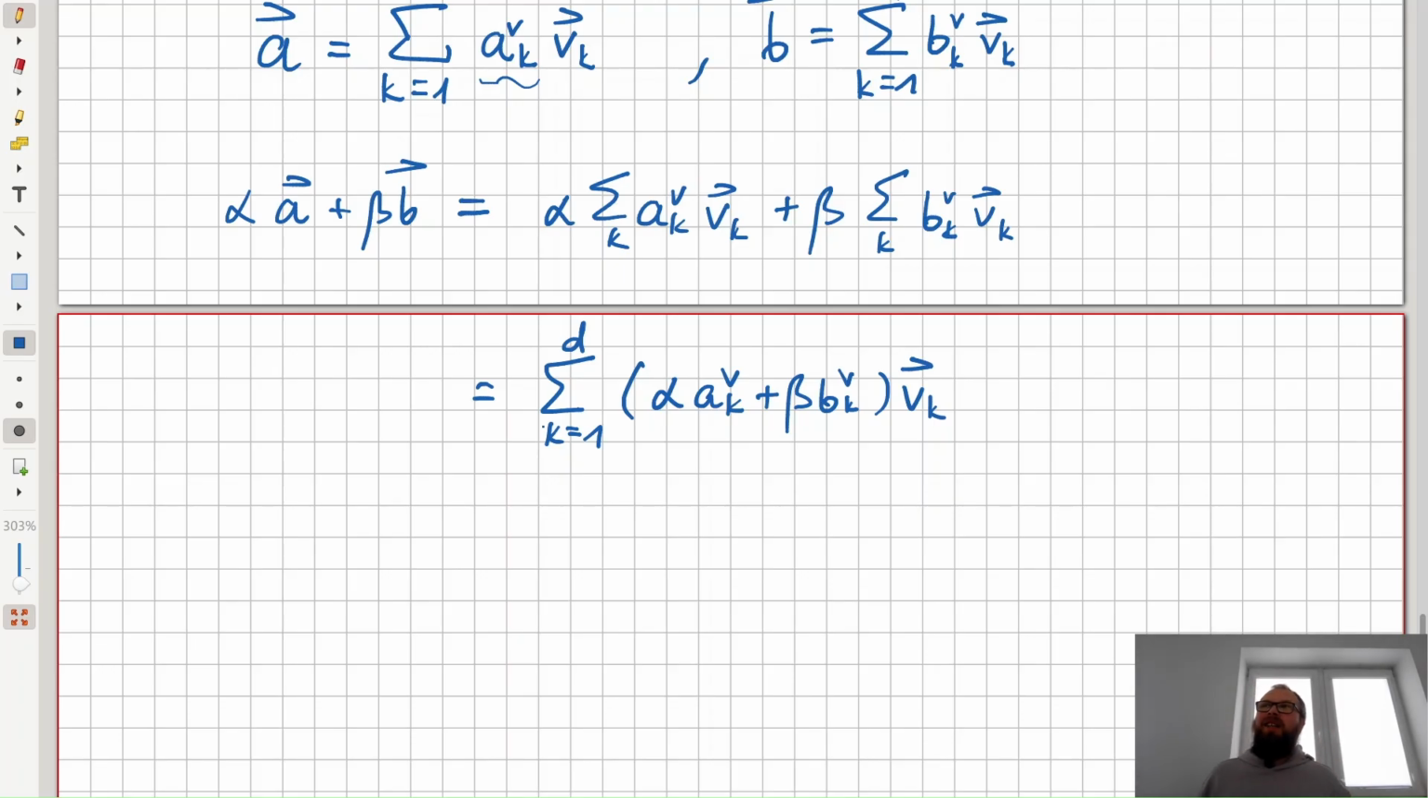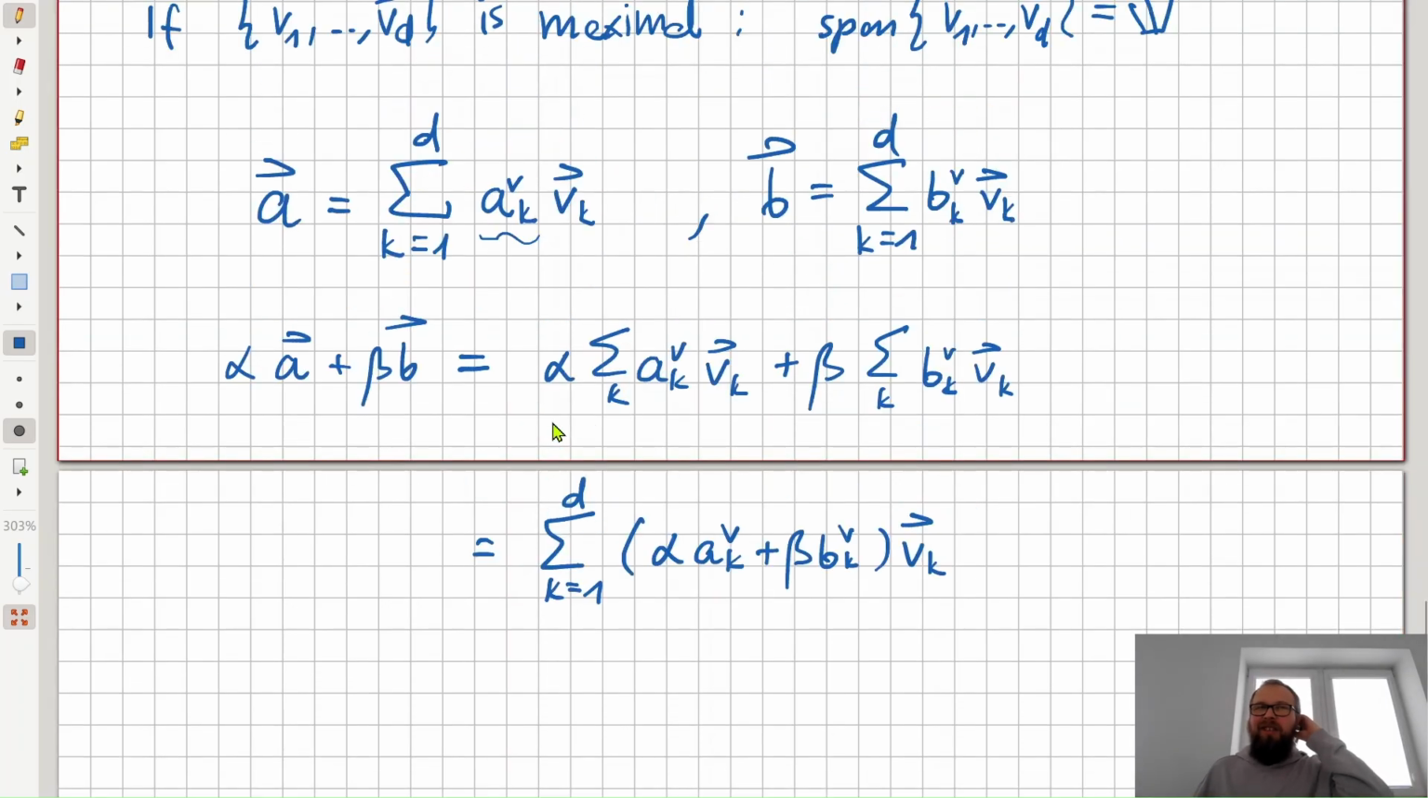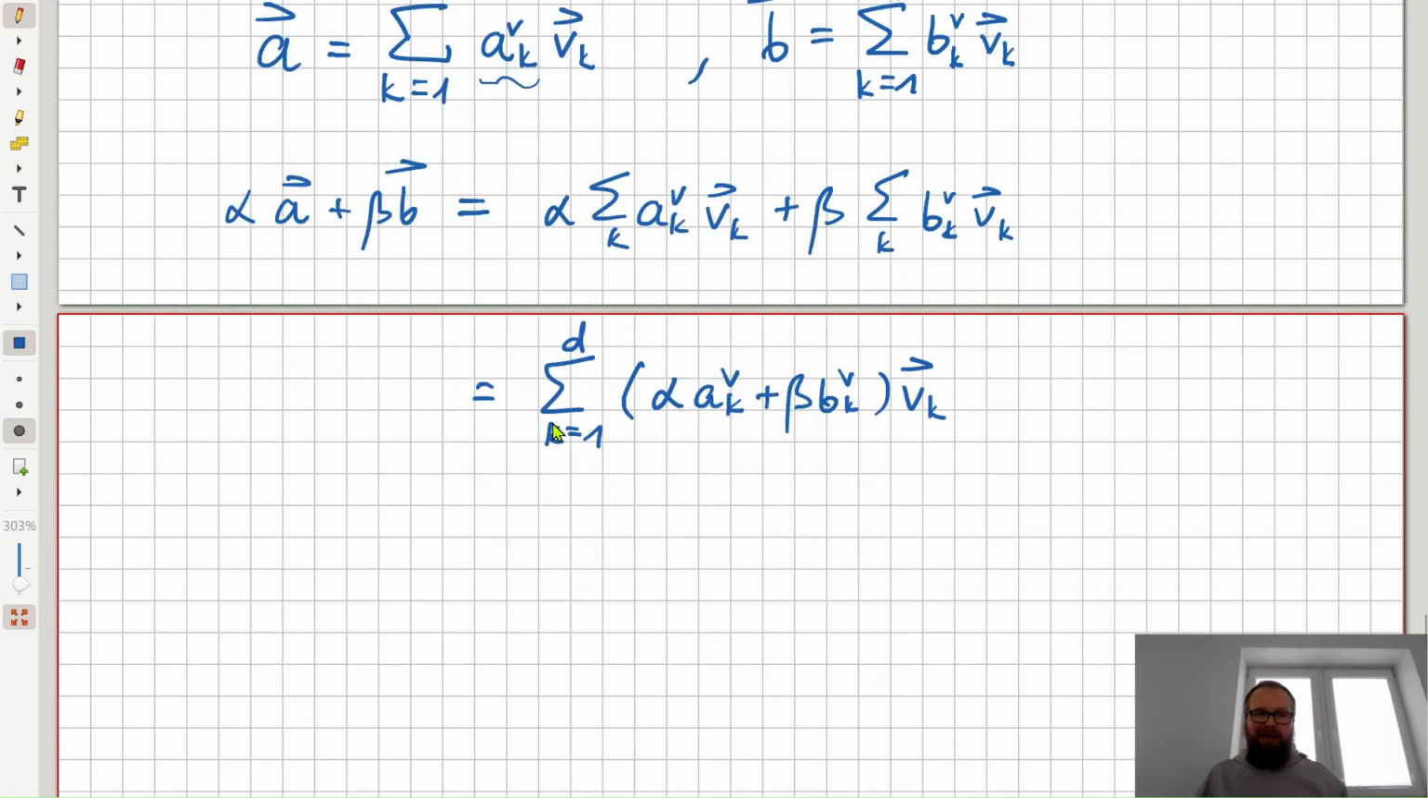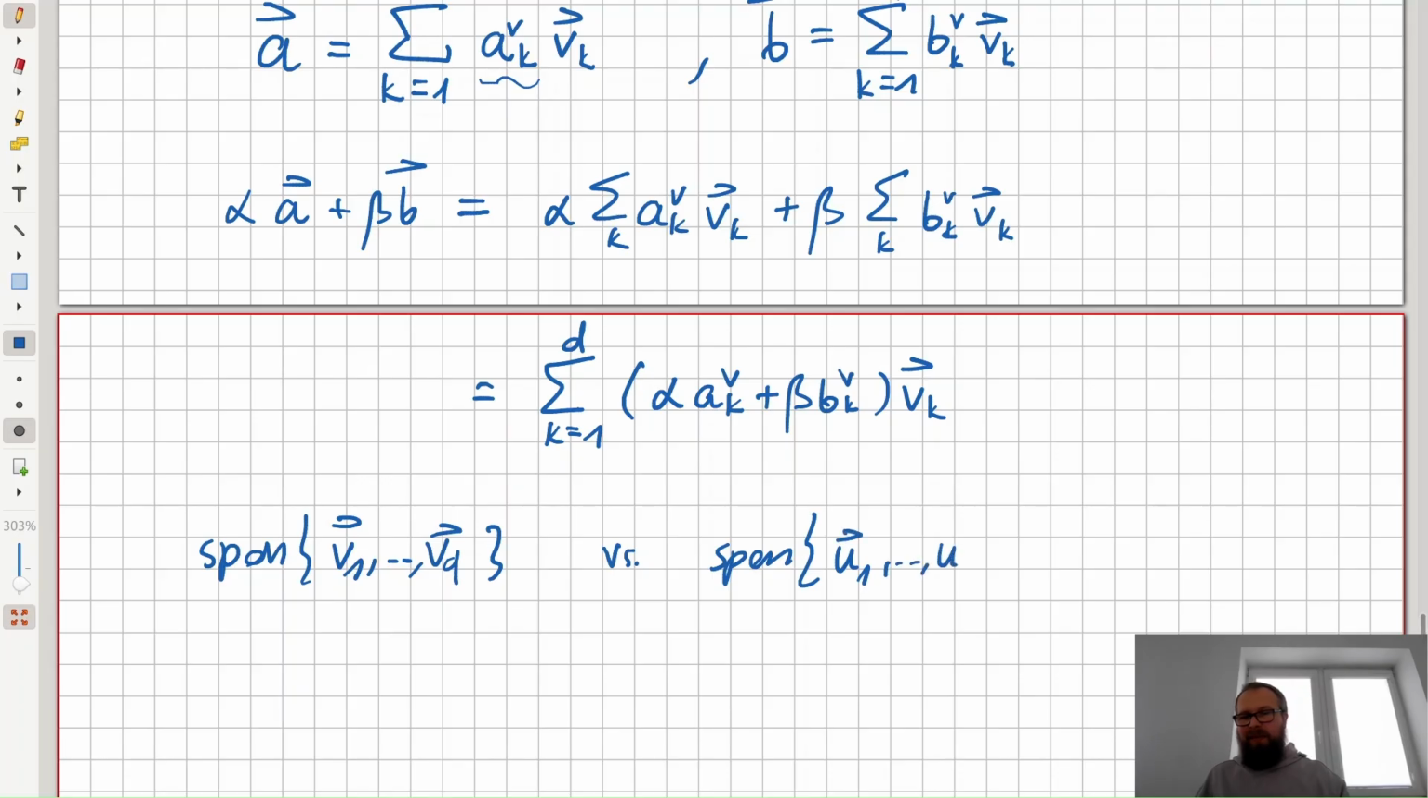However, the choice of basis is never unique. There are infinitely many choices of linearly independent maximal sets. Some might be better, some might be worse. It depends on your criterion. But whatever choice you make, so let's say we have a span on the V's, V1 to Vd, versus a span on some other set, let's say U1 to Ud, the thing that they will have in common,